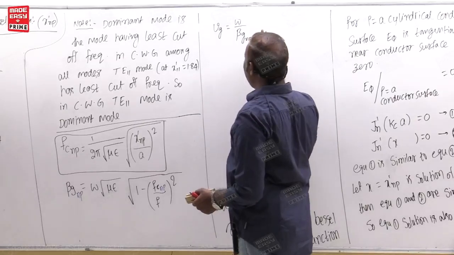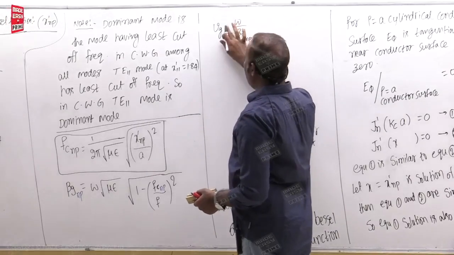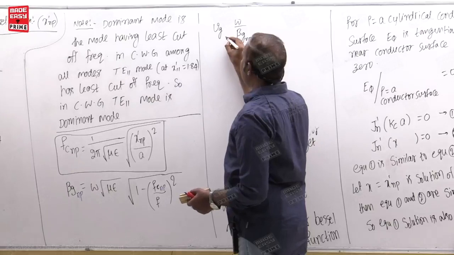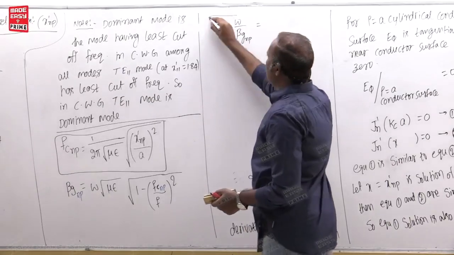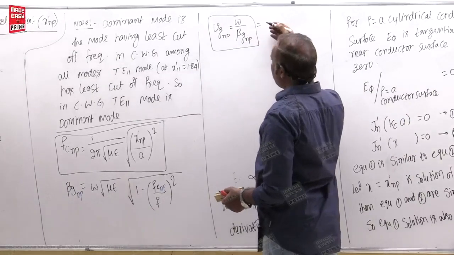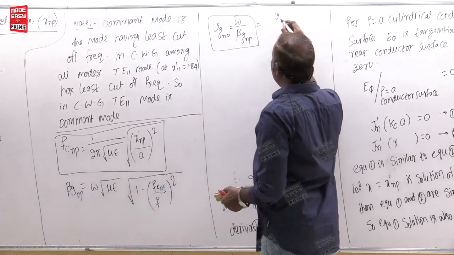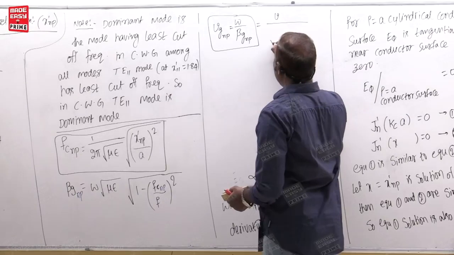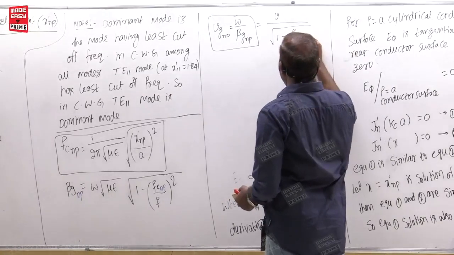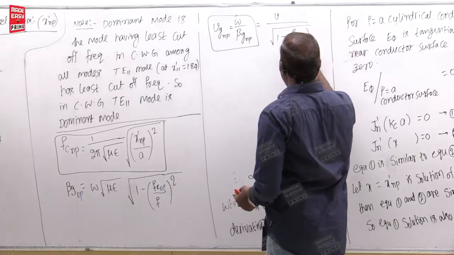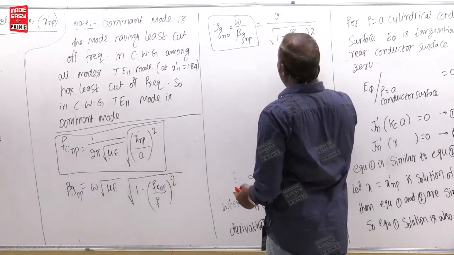For np mode, I will not write in expansion form. If you want, you can write. So this is for np mode. Of course, this is the formula. What after expansion you get: v times the root of 1 minus fc np divided by f whole square, where